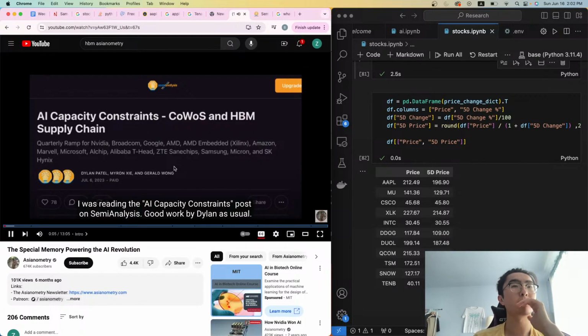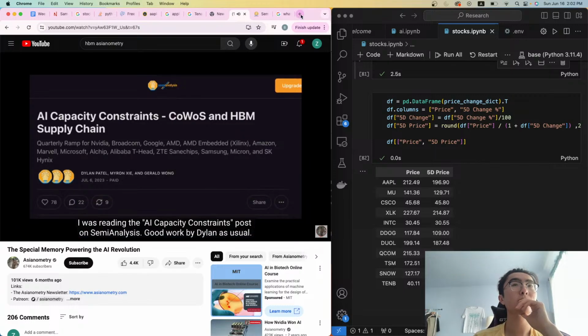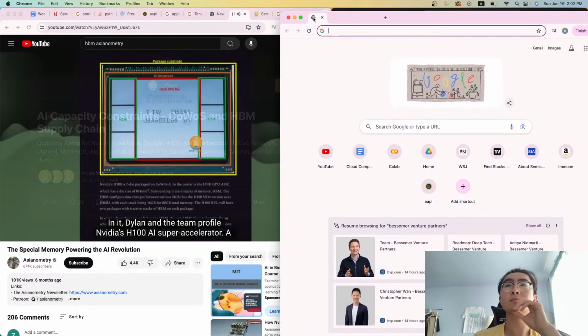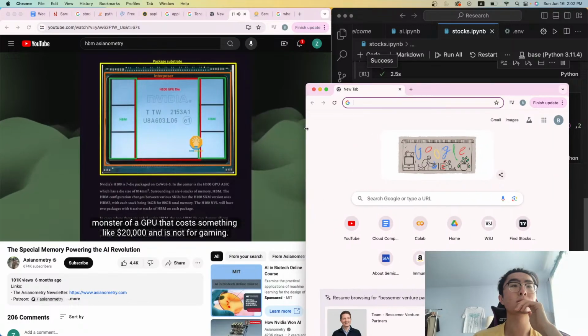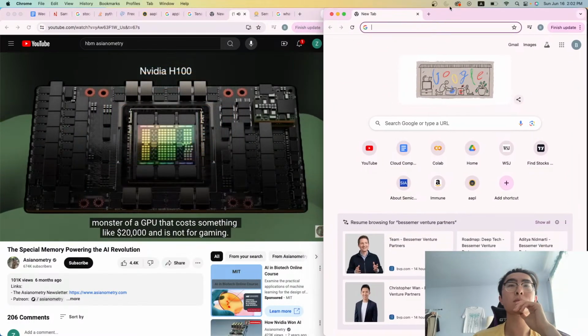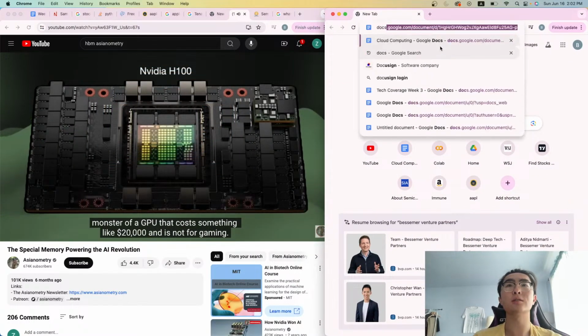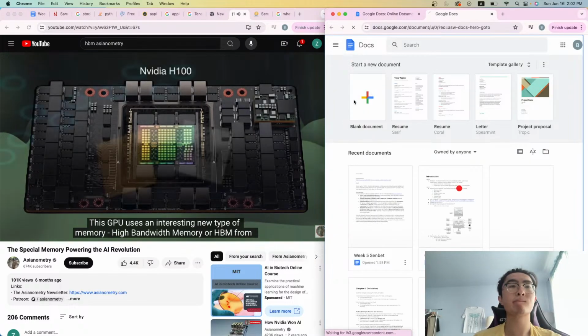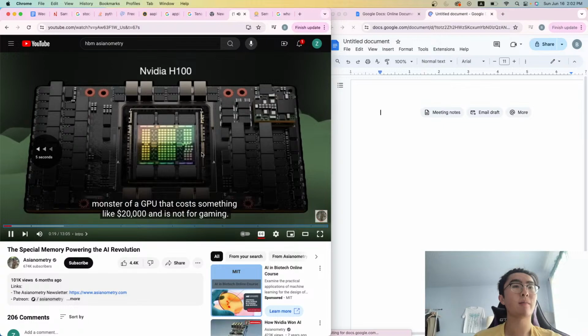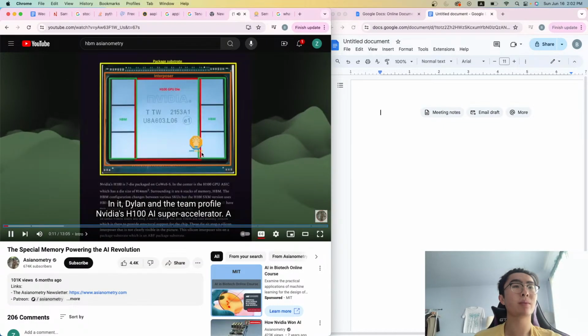Strange post on semi-analysis. Good work by Dylan as usual. In it, Dylan and the team profile NVIDIA's H100 AI Super Accelerator, a monster of a GPU that costs something like $20,000 and is not for gaming. This GPU uses an interesting new type of memory, high bandwidth memory. This GPU costs something NVIDIA's H100